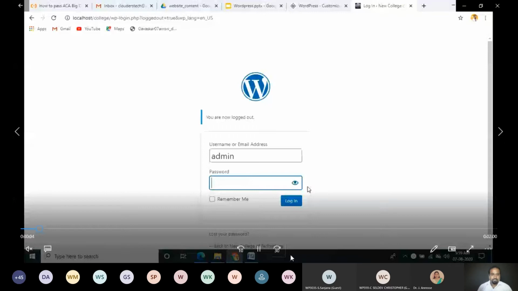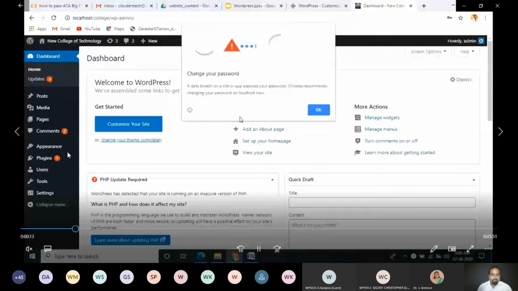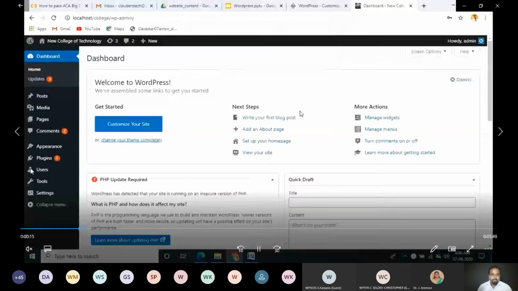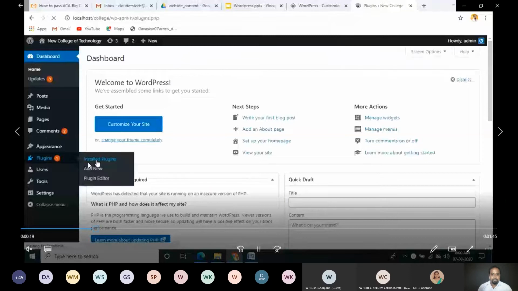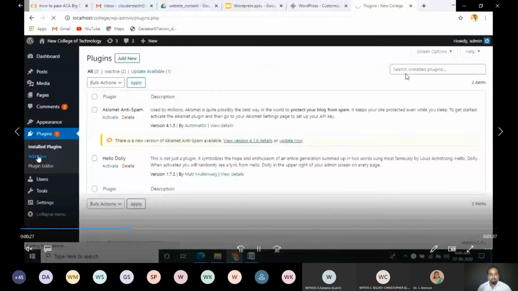now you go to Plugins. You can see the option on the left side. Just click this, and you can see the various installed plugins. These are the plugins installed. Now you can search for a plugin. As I said, there are n number of plugins, and you can search for the one you want.